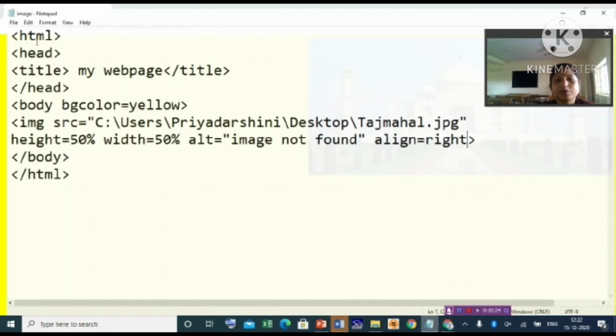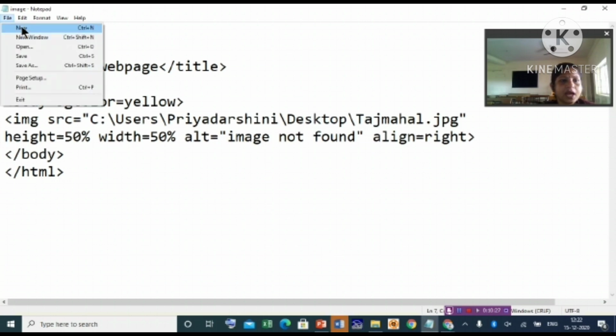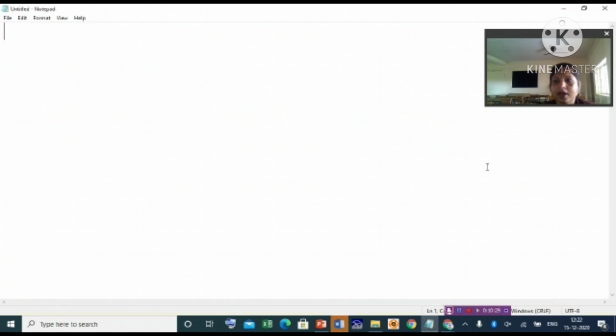Now come to link. How can you link a file with another file? This is suppose my web page. So general things, let us write HTML. Next head.